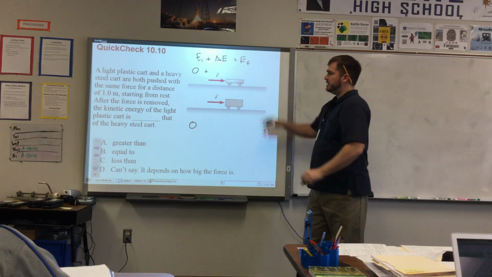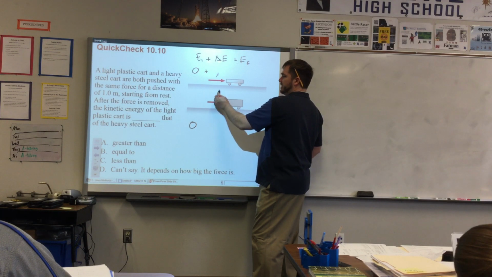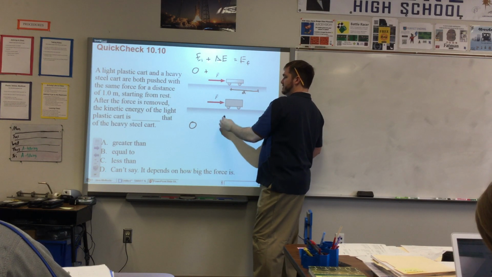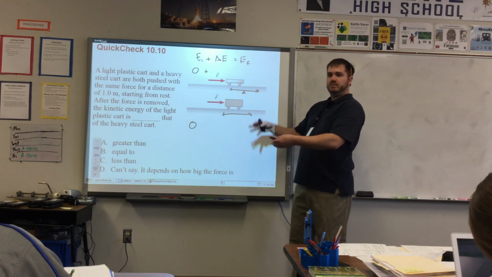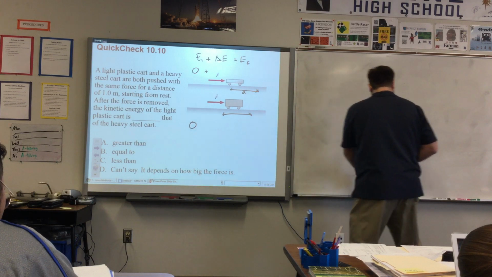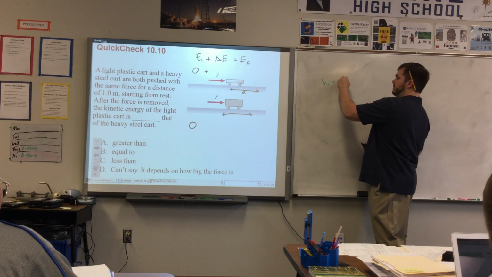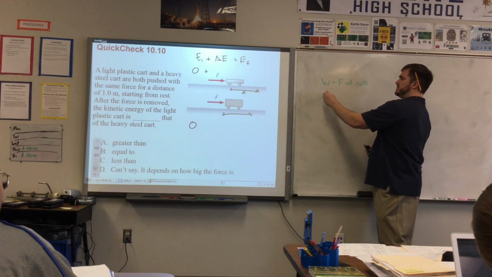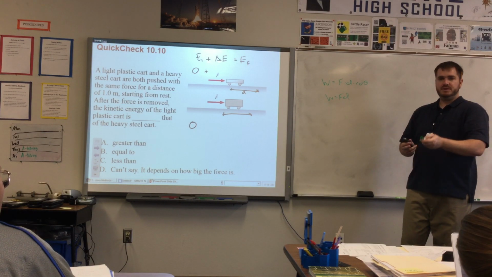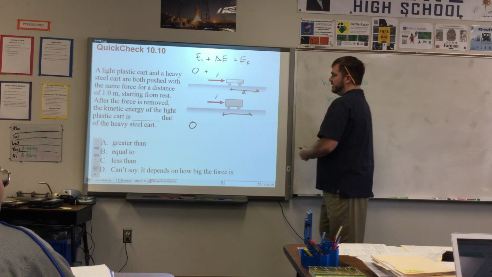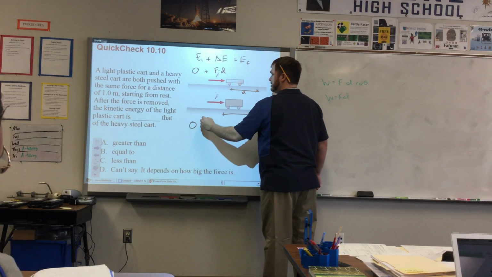The change in energy is the force times the distance, times the cosine of the angle between them. But since in this case the distance vector is in the same direction as the force, we could just say force times distance. In fact, when I took my physics class, I did not know work equals force times distance times cosine theta. I just would have said work is force times distance, because they never gave me any problems with the angle. But they will for you. All right, so force times distance